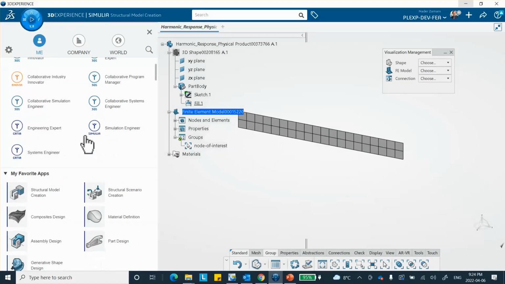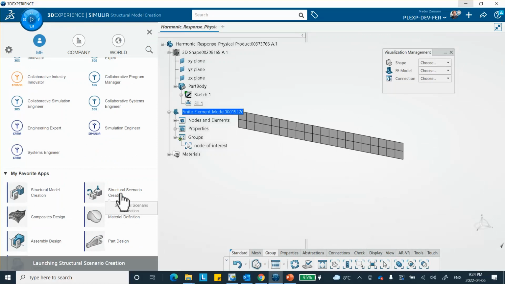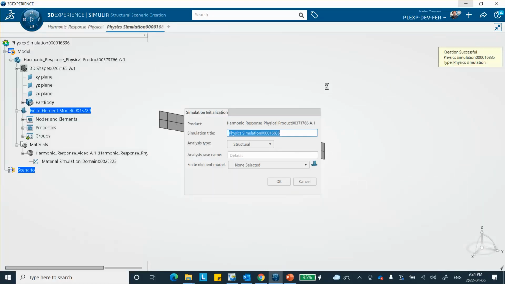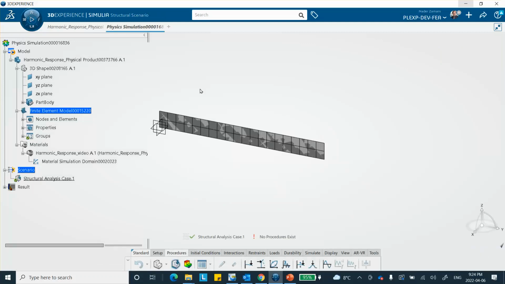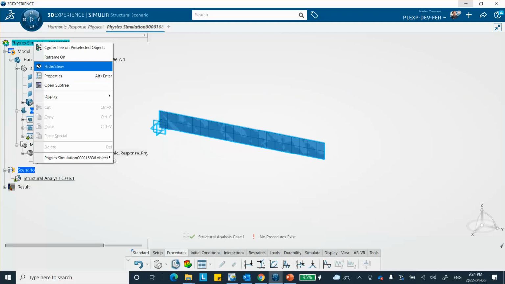So we go to structural scenario creation. Okay, so for the final model, we have only one that we already selected. It's right there. You can see that. Okay, good. Incidentally, while we are at it, let me rename this default name into